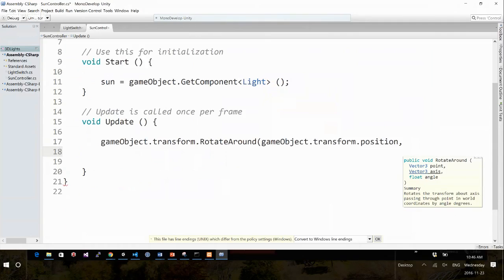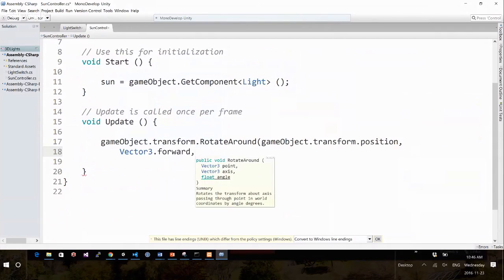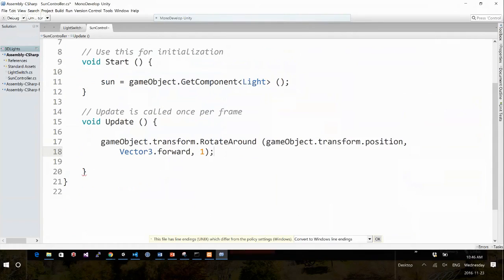So it will be vector 3 dot forward. And you need to say how much, right? Angle. And let's say we'll rotate just 1 degree per update. See what happens. If you save this,